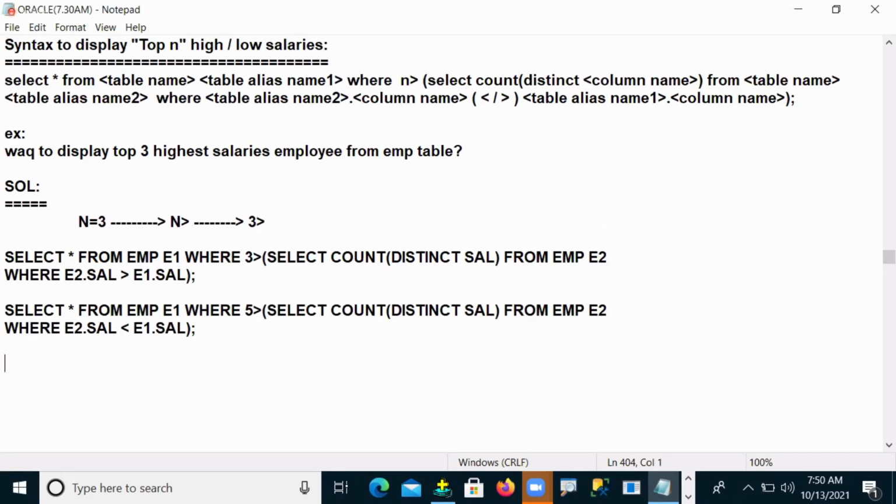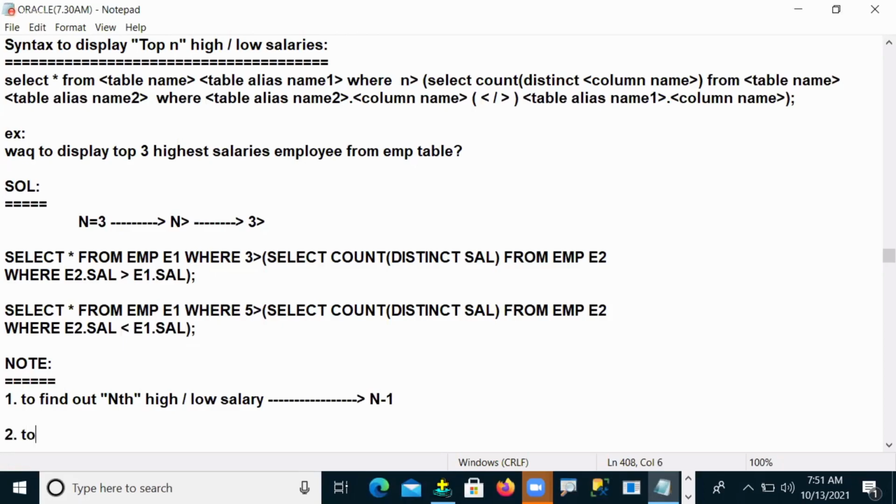Finally, one note point I will give, guys. This point should be remembered. To find the nth highest or lowest salary, your formula is n minus 1.